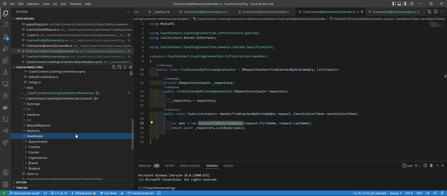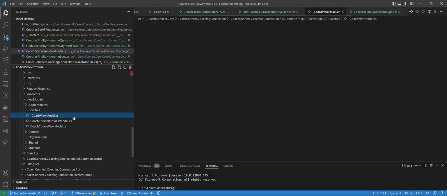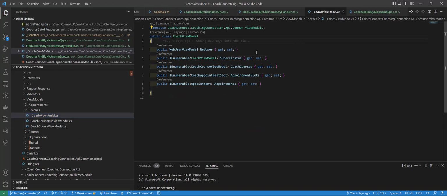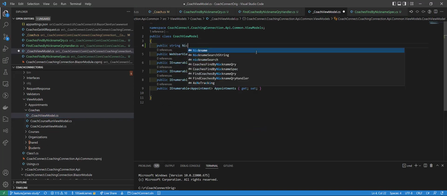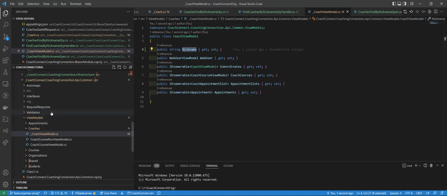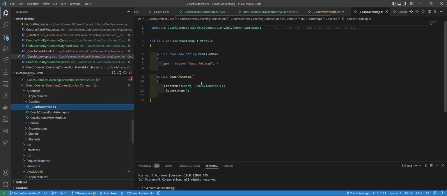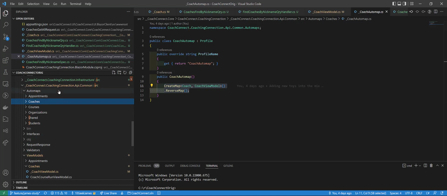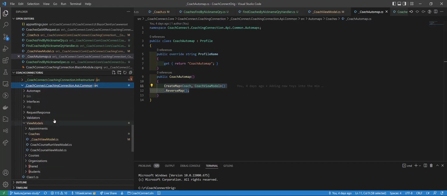API common, we're going to deal with our view model here, and we're going to go down to our coach view model, and we're going to say, let's go ahead and map nickname. It's another boring in-memory POCO kind of object, so nothing clever going on here, except, watch this. If we look at our AutoMappers for coach, again, we don't have to say anything. Nickname will be mapped between the two for us anytime we ask it to be, and I'll show you that here in a second. Cool, so API common, I think, feels pretty good.